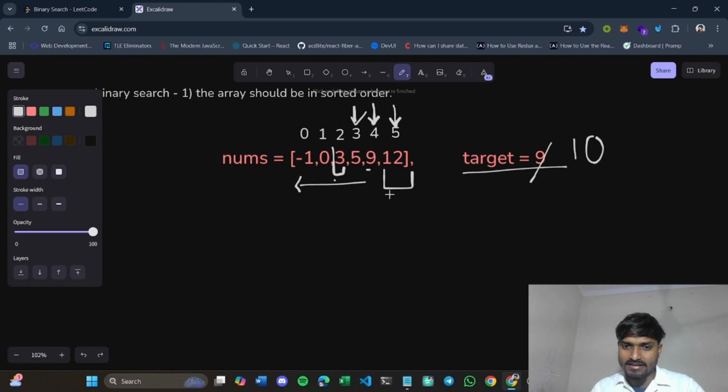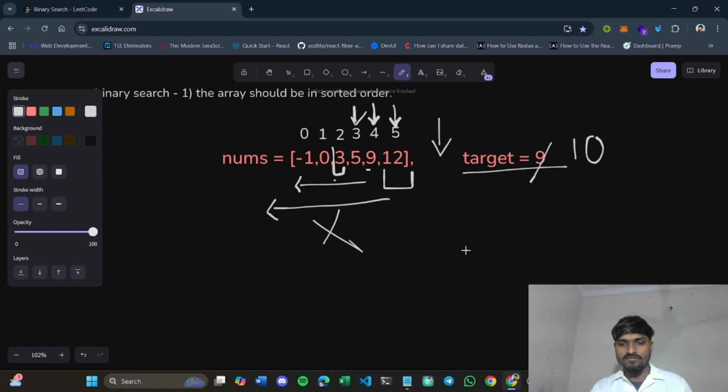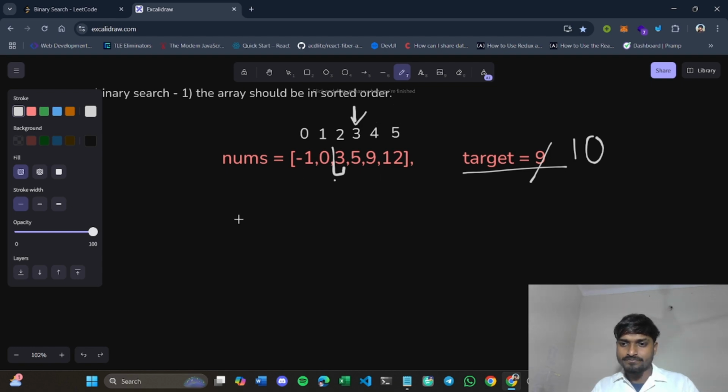In that case, if you do not find 12 equal to 10, you are also not going to find 10 in this left part. So what will you do again? You will move your search space to the right. But you saw that in the right you don't have any element. So in that case, you will return -1. If the element was smaller, you would have searched inside your left side, right? In a similar manner to what we have done in the right part. So this is the approach of binary search.